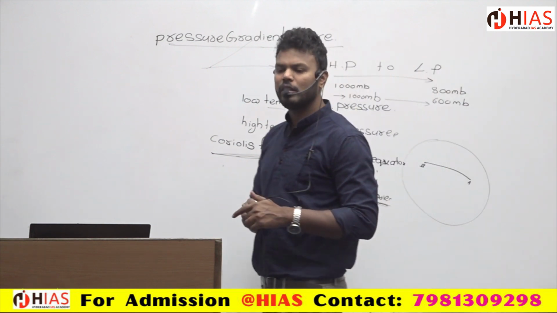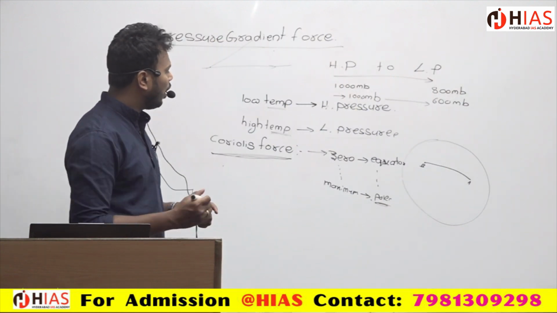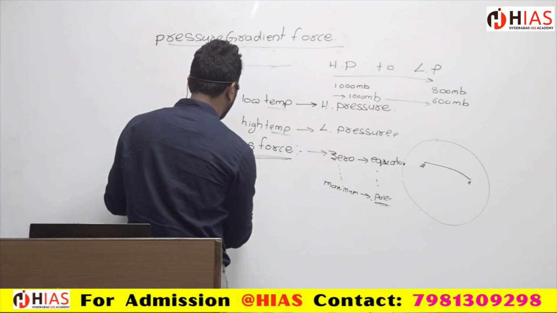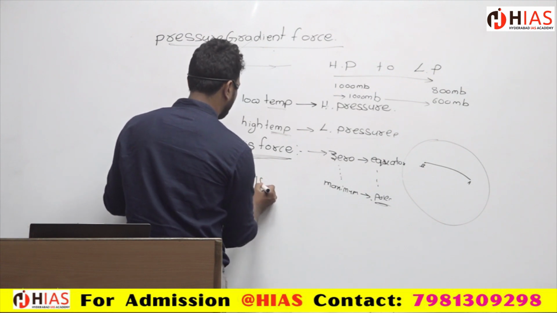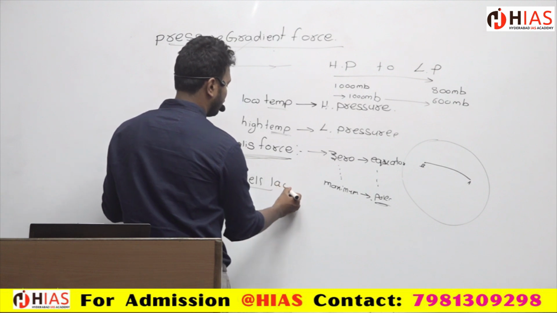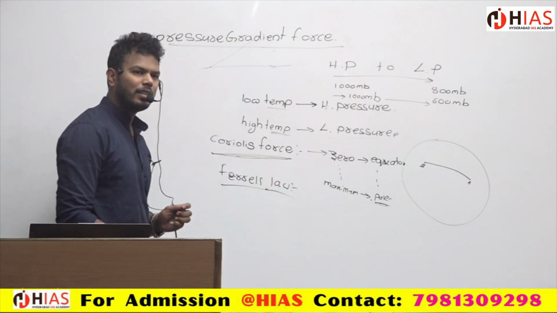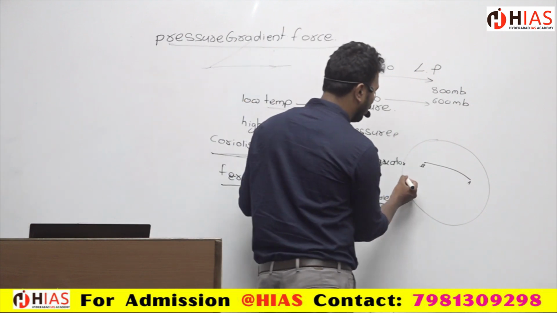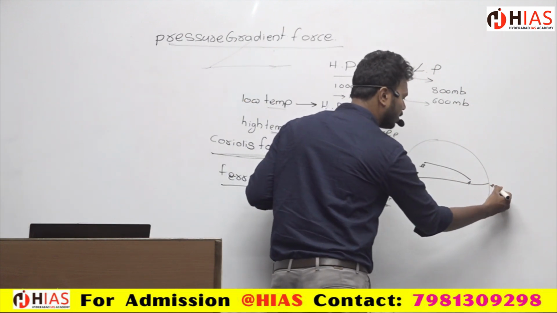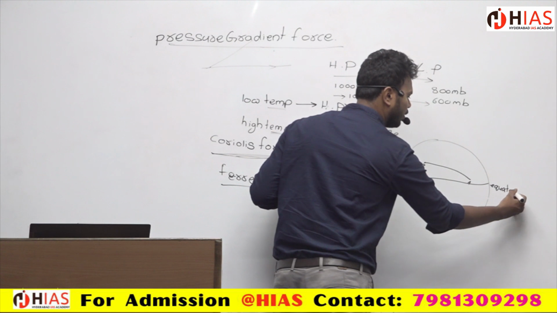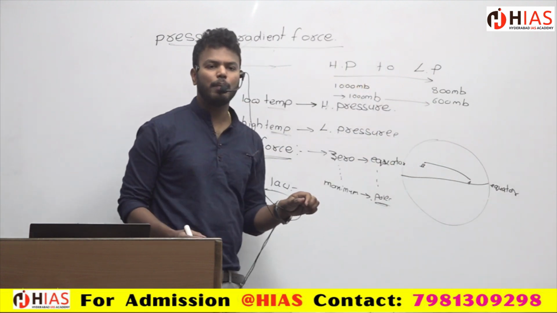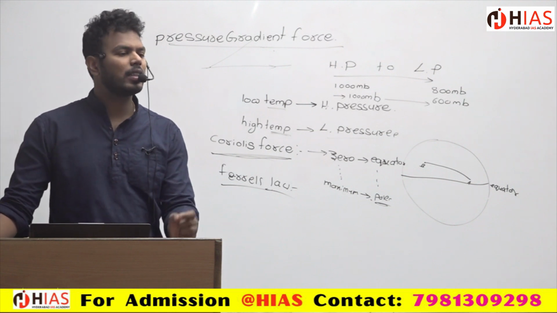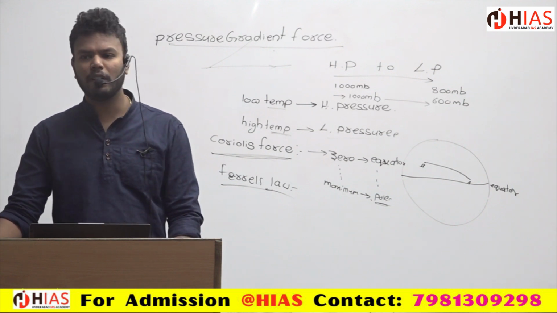See, that is why the Coriolis force is causing this. And after this, there is another thing, that is nothing but Ferrel's law. He says that for the things which are present, suppose if we look at the globe, this is the equator. In the northern side, the objects will be deflected to the right side. In the southern side, the objects will be deflected to the left side.